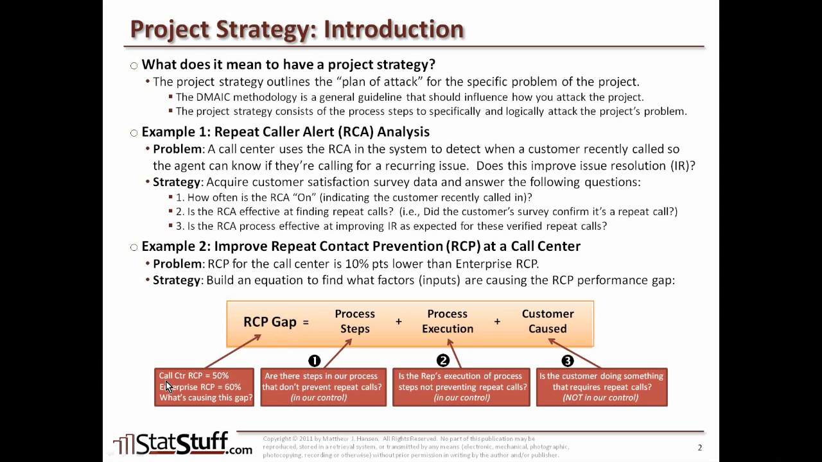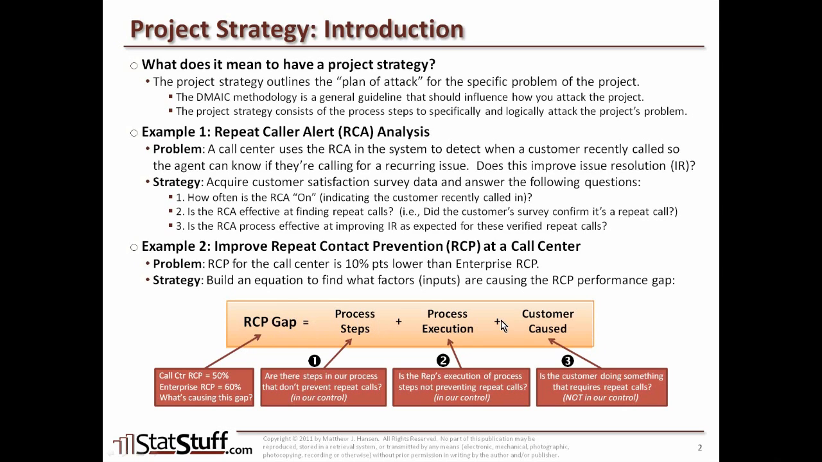So hypothetically, we might say this call center was at about 50%, where the enterprise was represented at about 60%. So there's the 10% gap maybe that we're seeing. So we want to first understand what's causing this gap. What are the factors that could be influencing this gap? So that gap, we say, is equal to